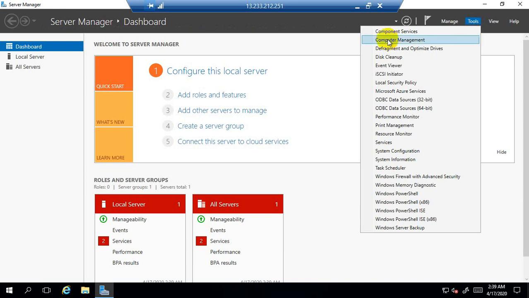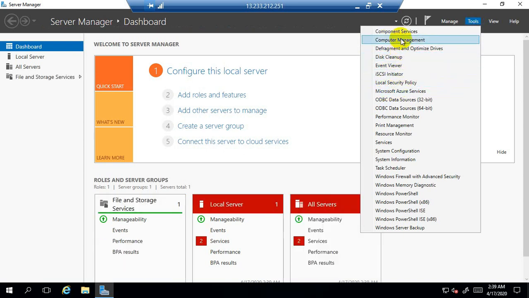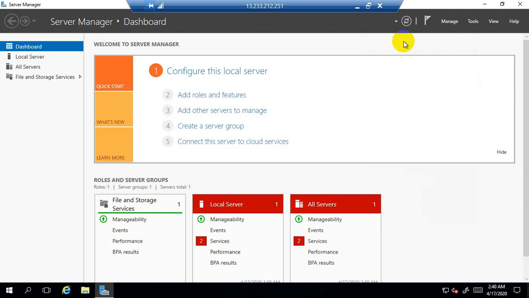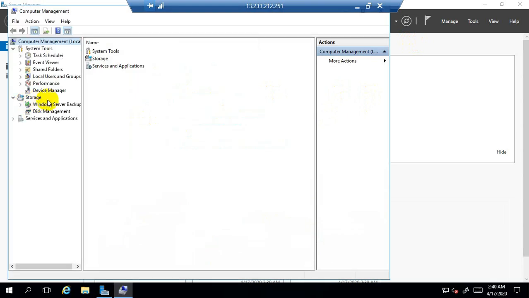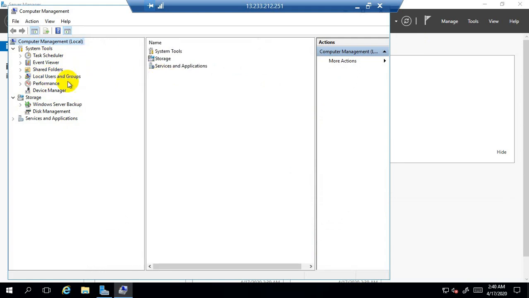So click on the tools, go to computer management, and here you can see an option, local users and groups.